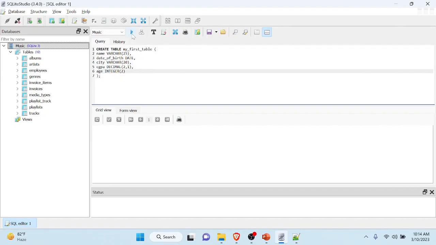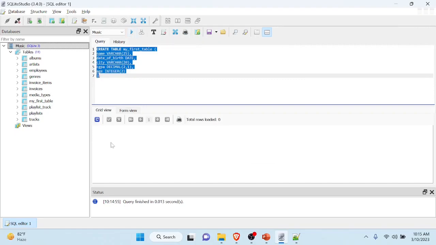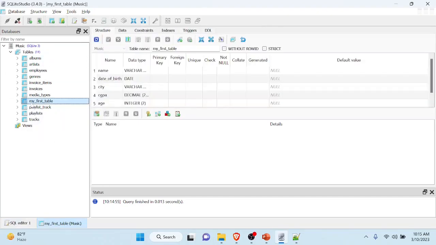For running, you can just click on this arrow. I will review what the table created and how it looks like. On the left you can see my first table, so just double click on it and you will see name varchar, date of birth date, city varchar, CGPA decimal, age integer. Now going back to our editor,